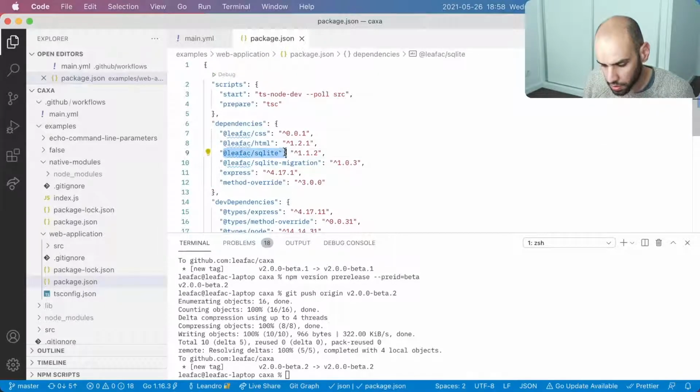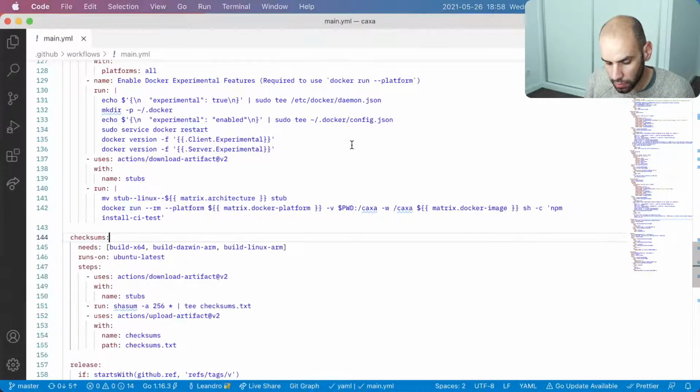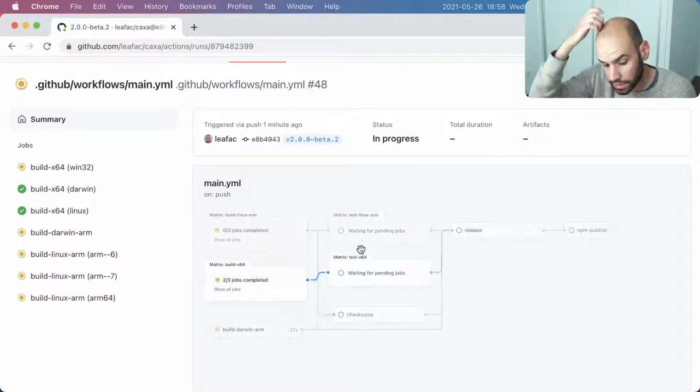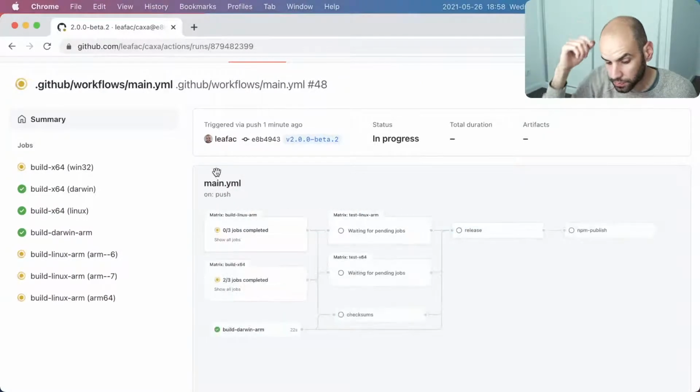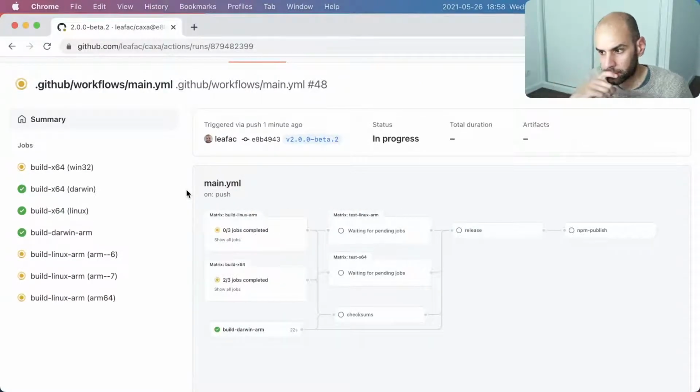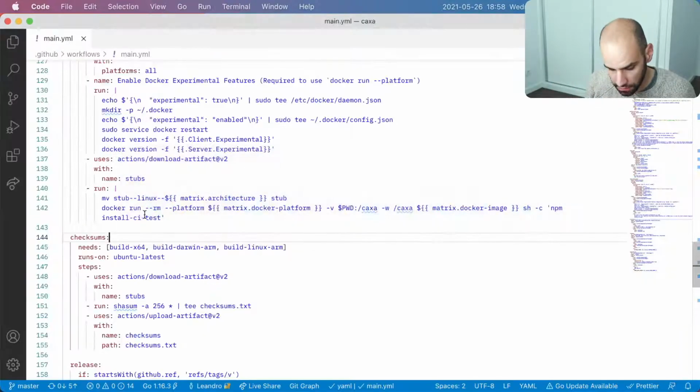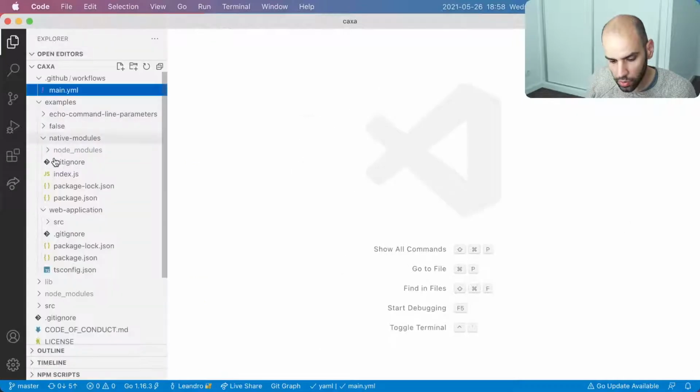Yeah, so we have SQLite here. So compiling this from scratch on ARM will be super slow, and we probably don't want to do this when testing on GitHub Actions.